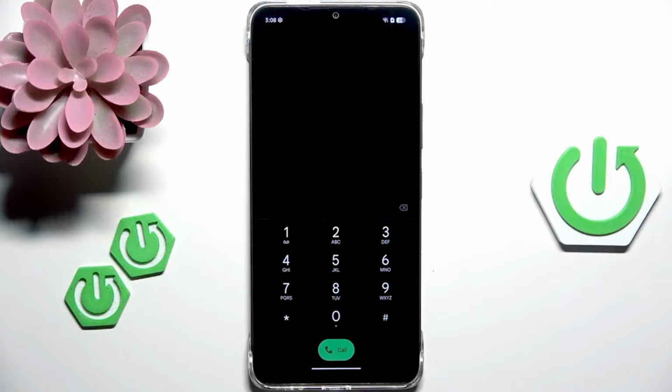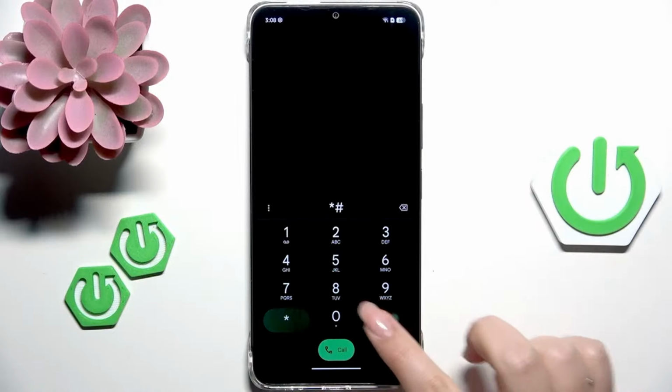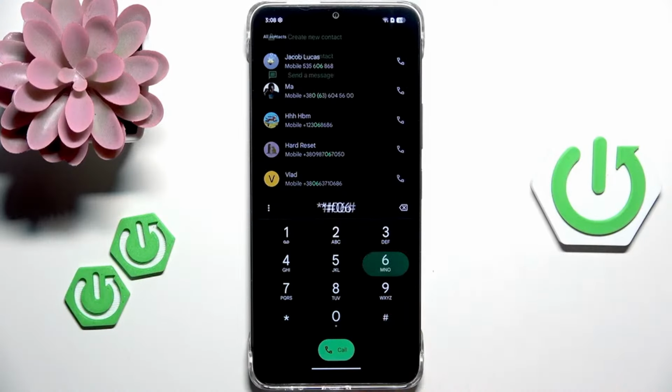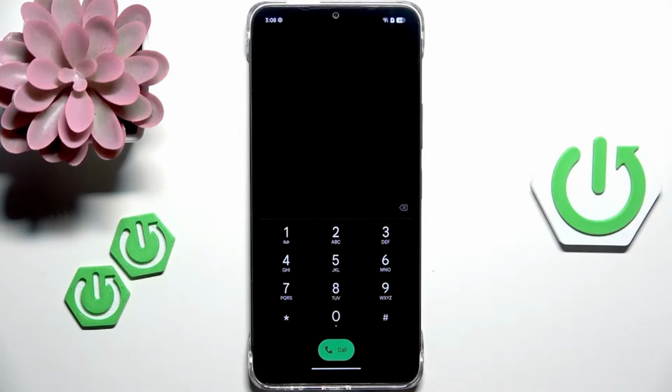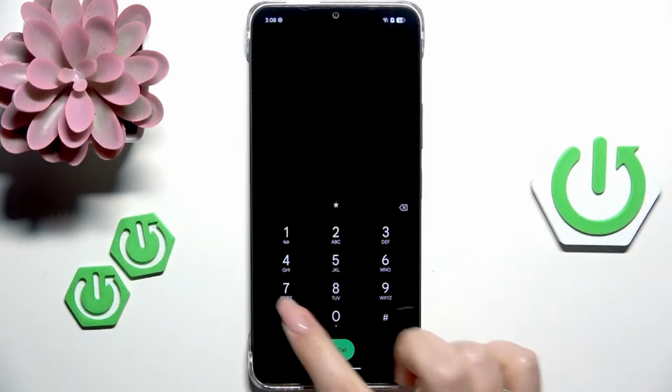And the first one is relatively short. It is *##06#. And as you can see, by this code we are provided with both the main numbers and the serial number of this device. So let's tap on OK. Now another code, which is